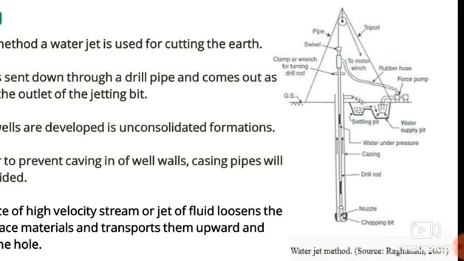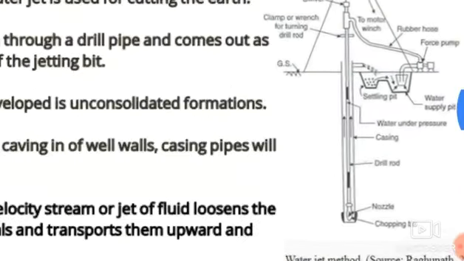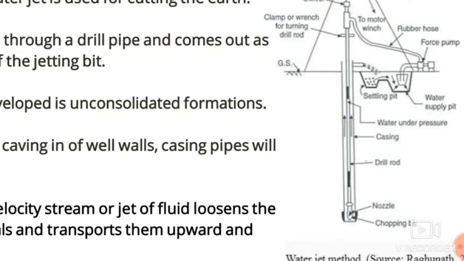There is a force pump here and a water supply pit on the right side. The water from the water supply pit is taken by the force pump, and it is forced through the rubber hose to the motor, where there is a clamp. If the clamp is open, the water is forcefully given to the pipe, and the forced water is released at the bottom by means of the nozzles. The force of the water at the nozzles allows the soil to be loosened and removed from its position.